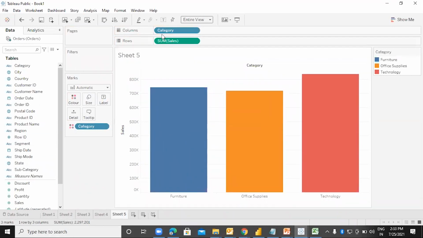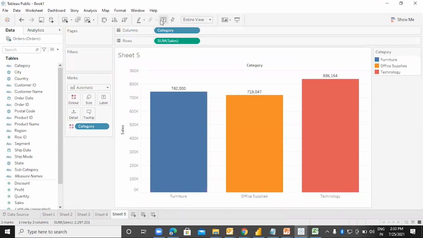Now, I wanted to utilize a data source filter. Now, there are two ways of filtering. Number one, you take entire data, do the visualization, and filter out the thing which you don't need. First option. Second option is that you take only those things on which you wanted to do the visualization.